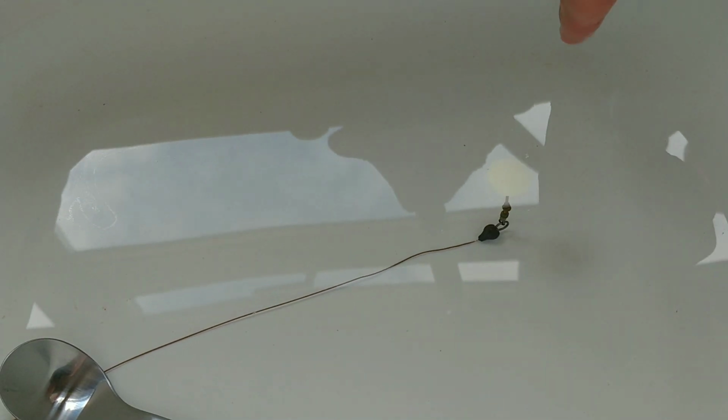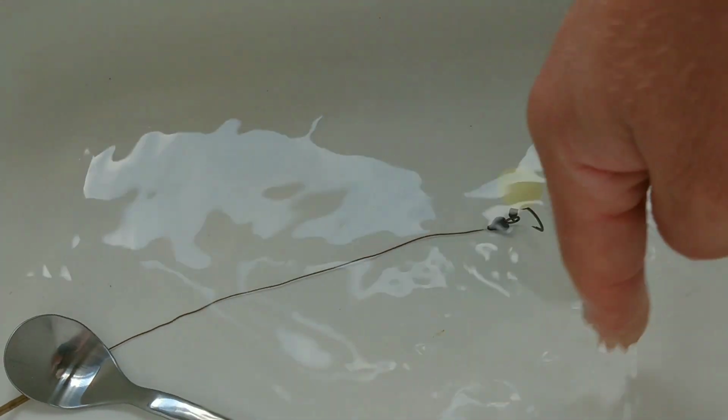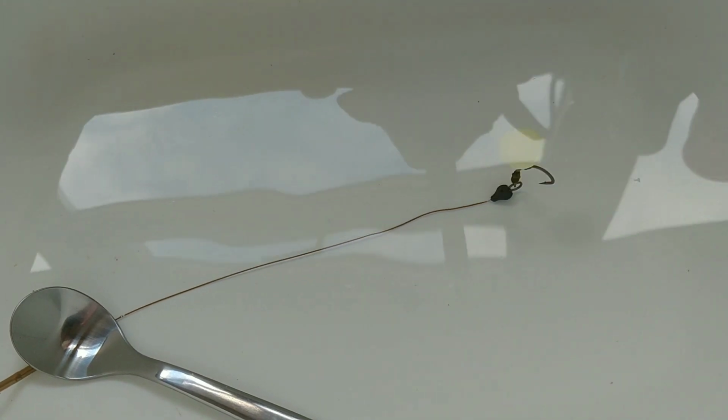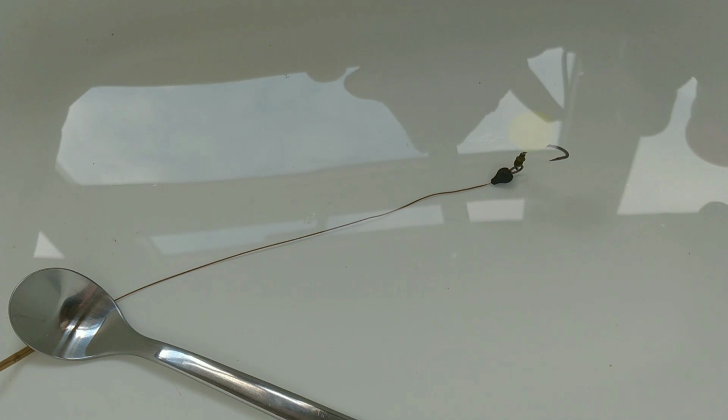Okay, so this is a larger pop-up now. This is a 15mm pop-up. Sorry, excuse the road noise in the background. And that is actually holding up that hook just that little bit better. In actual fact, it's cocked that hook up in the water a bit more than the 12mm did,